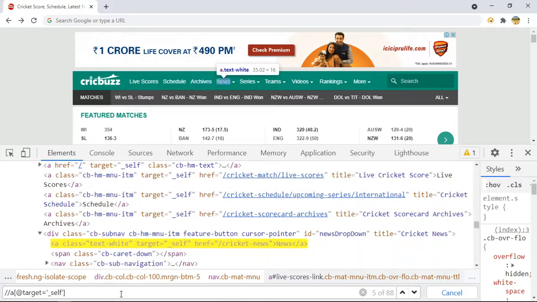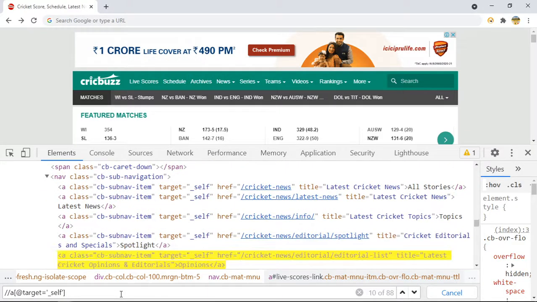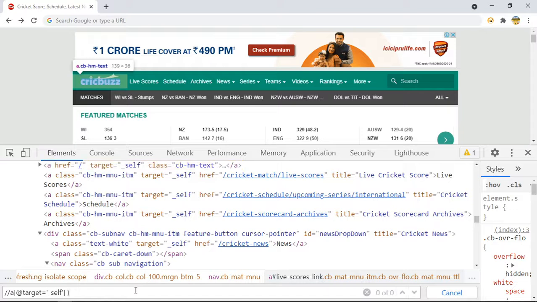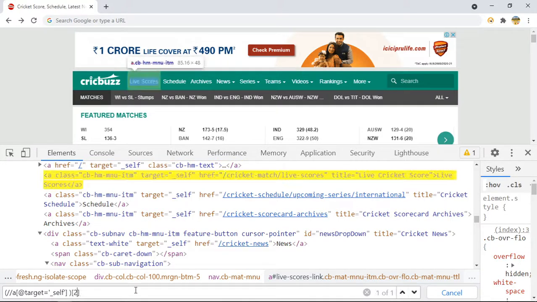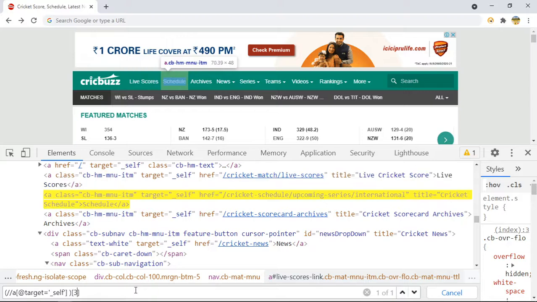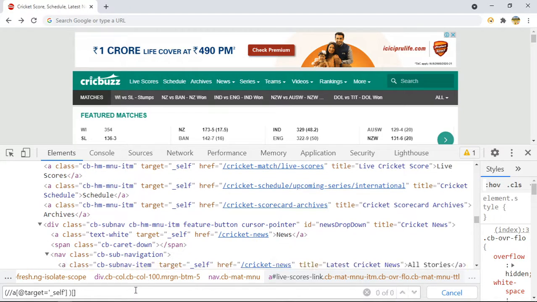You can see all the elements. This is how you are getting. So let me not choose this one. Why am I not choosing this one? Because more than one element is matching with this, right? If you still want to use this one, you can provide a function bracket, and after that you can write one. If you write one, it will highlight this. If you write two, it will highlight this. Then 3, 4, 5, 6, 7.